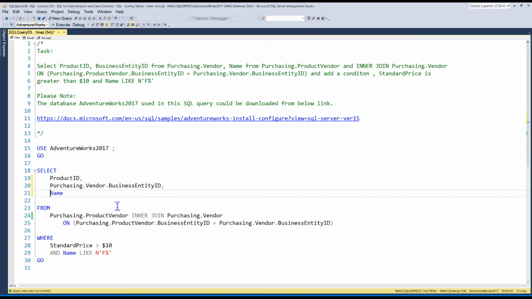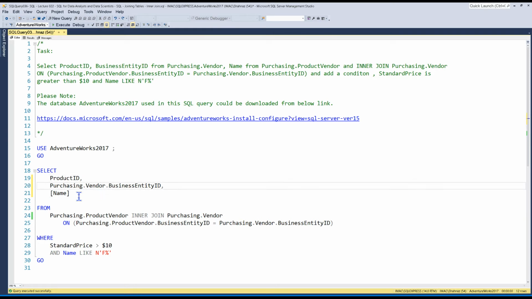Okay, and don't worry about this blue, the name. This is actually the name of the column, basically nothing else. And if it comes up like a keyword, then we can put square brackets around it. We can put it under square brackets, and it shows in a normal way. Now